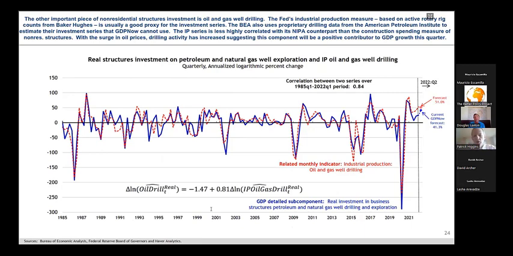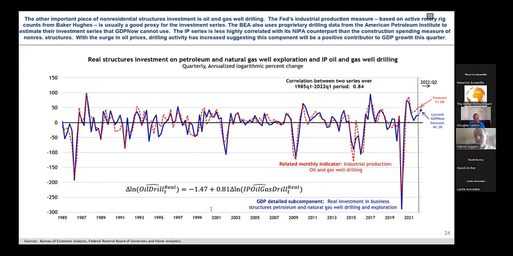So I think I mentioned before that the actual spending on buildings like industrial structures, religious structures, healthcare structures, et cetera, is only 80 to 85% of non-residential structures investment. There's also this oil well drilling component. So the GDPNow does the same thing for that subcomponent. It actually doesn't have all of the data that the BEA actually uses. I think one of the series is from the American Petroleum Institute, and that's a quarterly series and it's proprietary